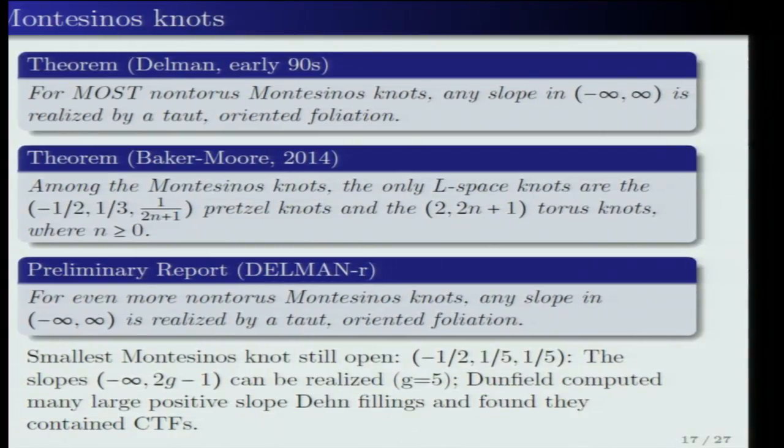And so recently, he and I were revisiting his result, in large part because of this theorem of Baker and Moore, which tells us that among the Montesinos knots, we know which are the L-space knots. So if we restrict it, sorry, I should tell you what a Montesinos knot is. So you can describe it as